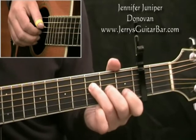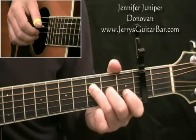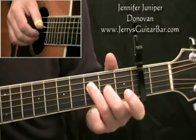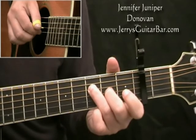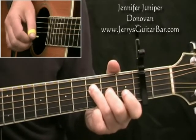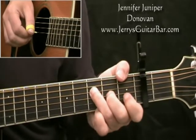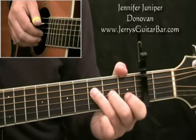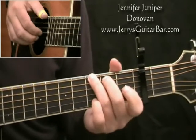So I'm going the 4, pinch 4 and 2, 2, 4 and 2 with 2 open, 3, 4. That's a workaround if you really dislike the thumb over. Donovan does play with thumb over. Now the chord G at bar 18,